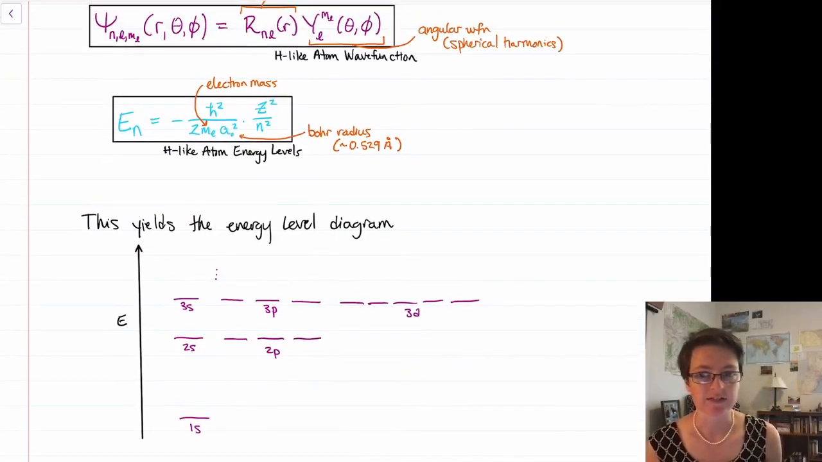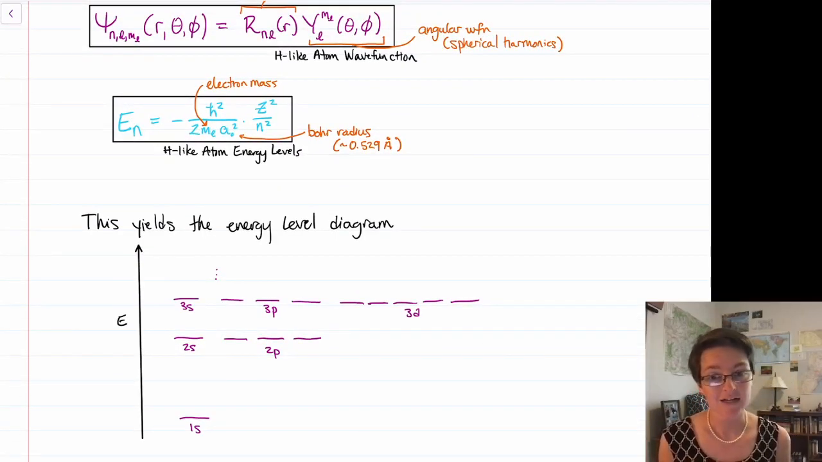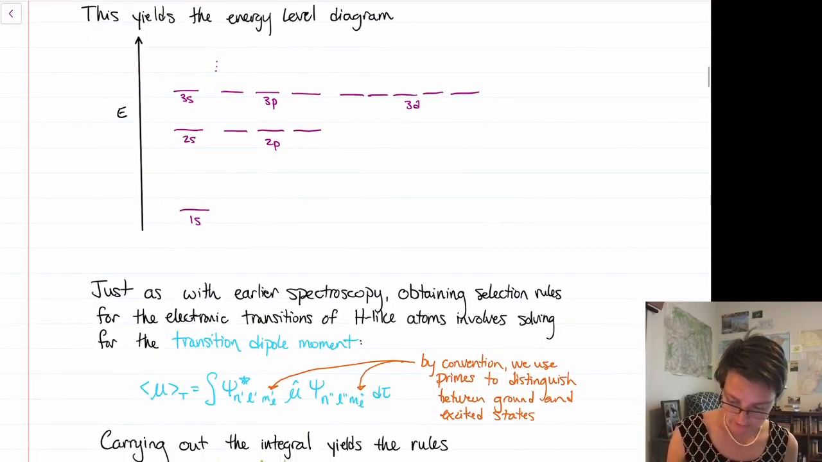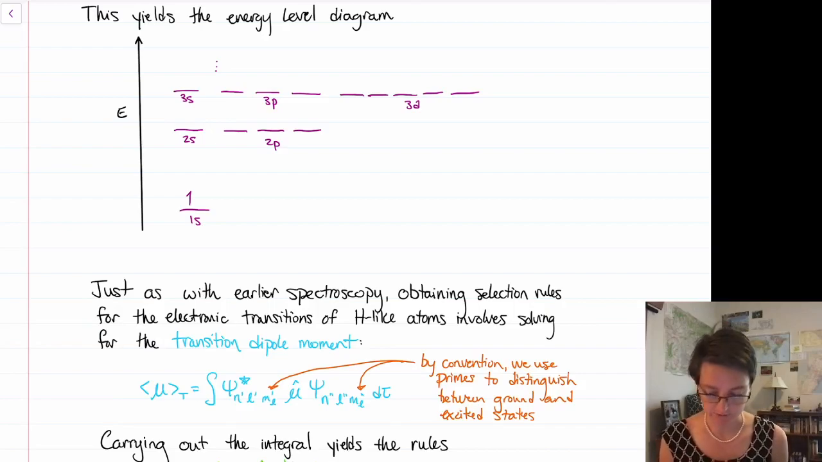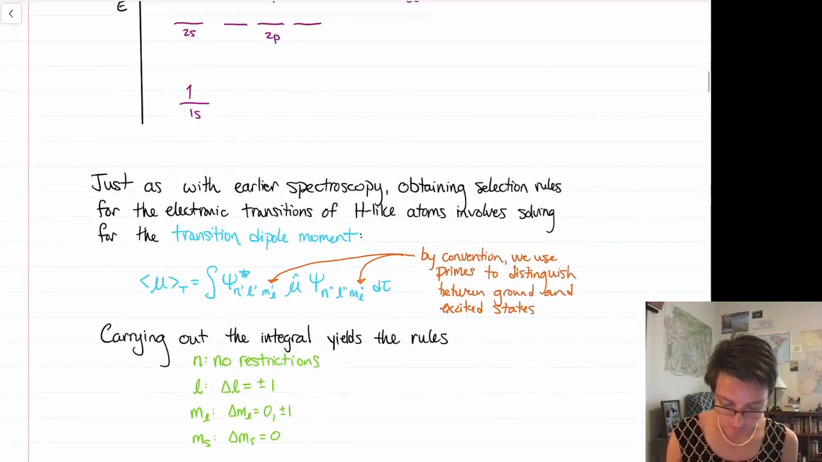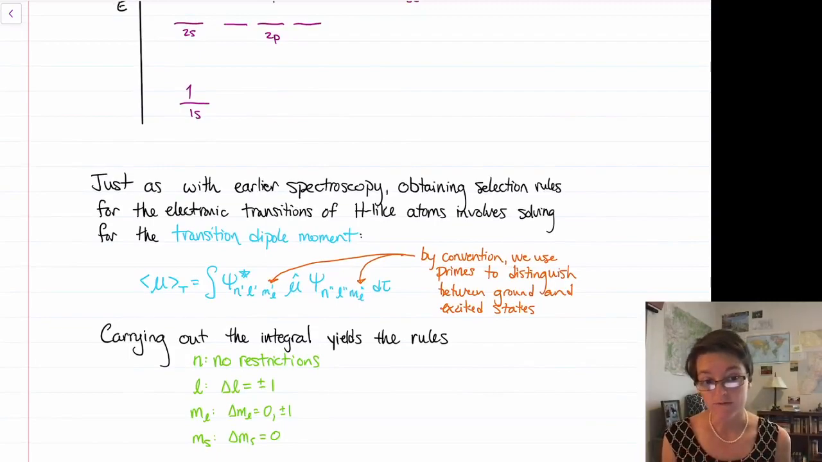So our energy level diagram for the hydrogen atom ended up looking something like this. Again, because it's not a multi-electron atom yet, it doesn't matter what my value for l is, just n is going to determine the energy level. And so in order to understand, if I have an electron, say starting off in the ground state, what transitions this electron can undergo, we have to think about the selection rules for the hydrogen atom. That means we need to solve for the transition dipole moment